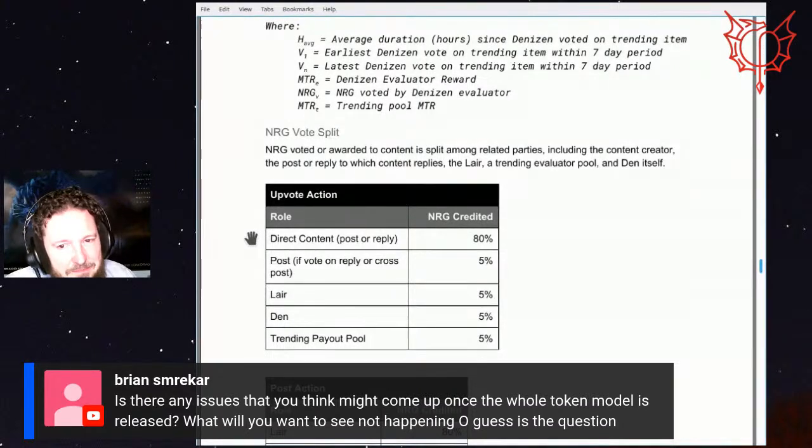For an upvote action, 80% of it goes directly to the content, if it's a post or reply. Okay. Keep this question up. I'll get through this section and answer the question. The post itself, if you're voting on a reply or later a cross post, let's say I vote on a reply to your post, you'll get 5% of that. So 80% would go to the reply, 5% would go to the post. In both cases, 5% goes to the layer, 5% goes to DIN, and 5% goes to that trending payout pool